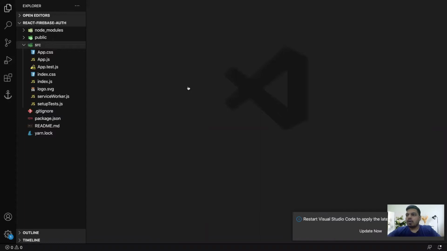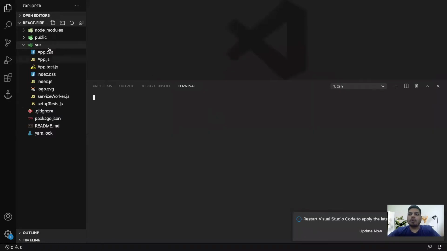Let's remove all those files which we won't be using, like these test files, service workers, and all of that stuff. So I'll be using rm src. I don't want App.css.